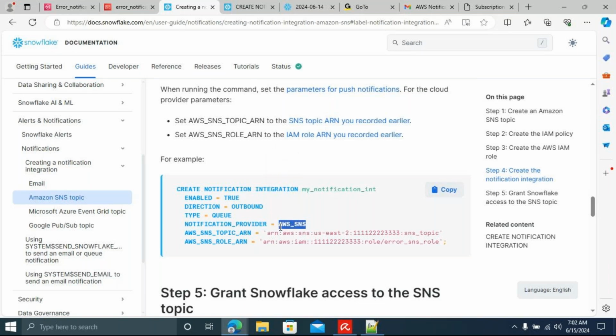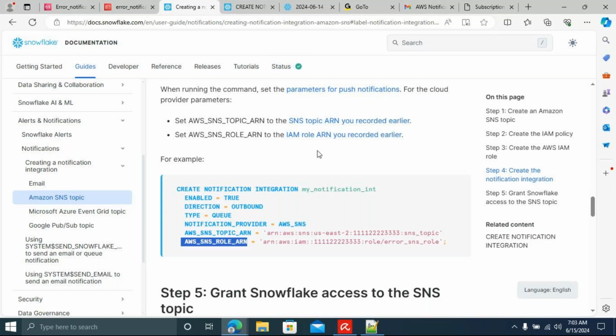AWS SNS. The provider is AWS SNS. Then I provide the SNS topic ARN and the SNS role ARN. We have to change these, and then create the notification integration. Got it?